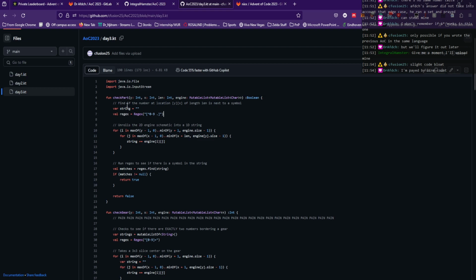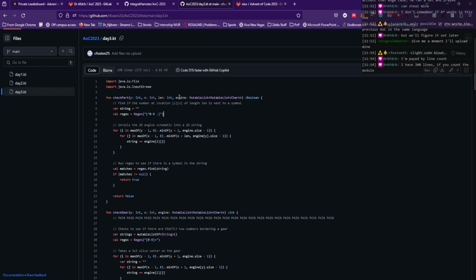Check parts. Okay. X, Y. Why is Y? I know why you do this, but I hate it anyway. Very light. Yeah, but I think module, like, if I write module code, I would prefer it to be readable. If I would write a little class, I would also make it more readable. I like this. So what do you do? Yeah, so